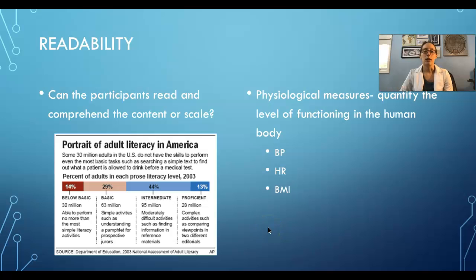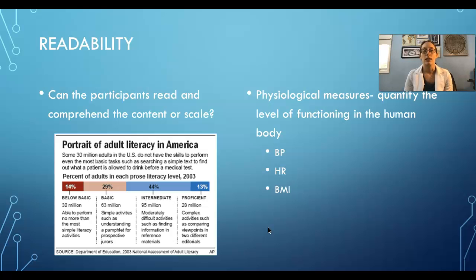Then it comes down to readability. None of this matters at all if the participants in your study aren't able to comprehend the content or the scale of the study. So this is actually from 2003, but I'll tell you with Facebook it hasn't improved much. The portrait of adult literacy in America is actually pretty low. About 14% of us are only able to do very simple literacy activities. This does not involve fact-finding on Facebook. About 29% of us can do very simple things like